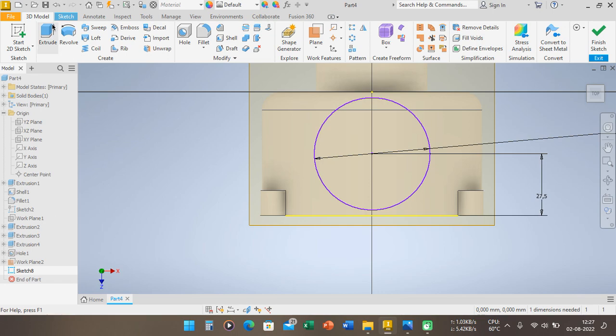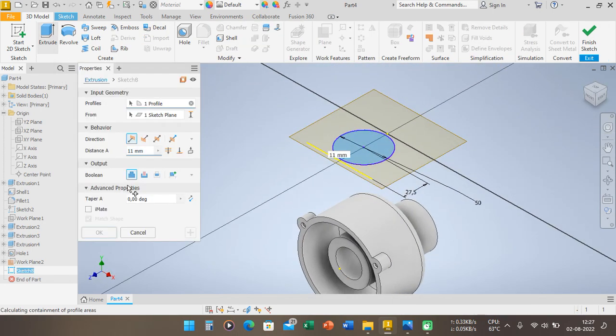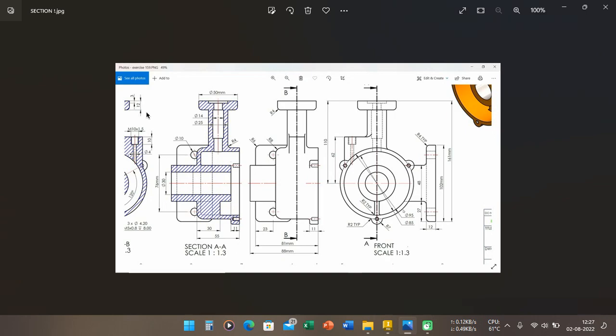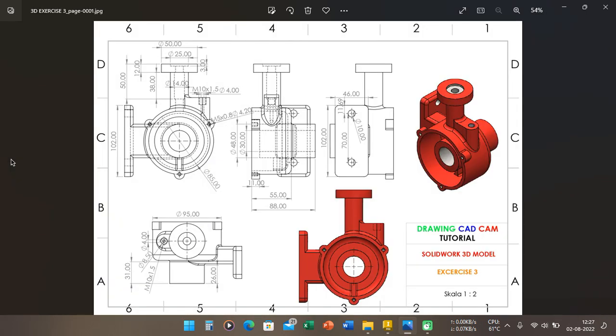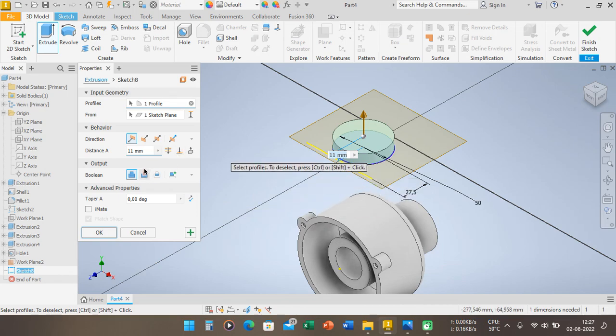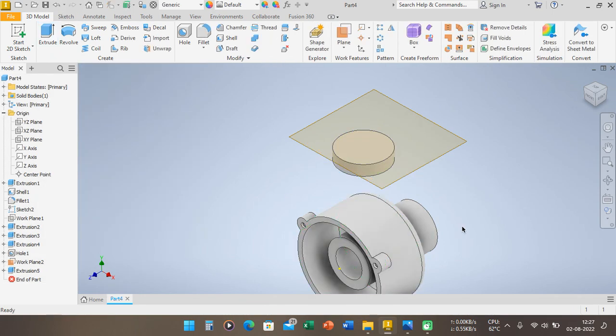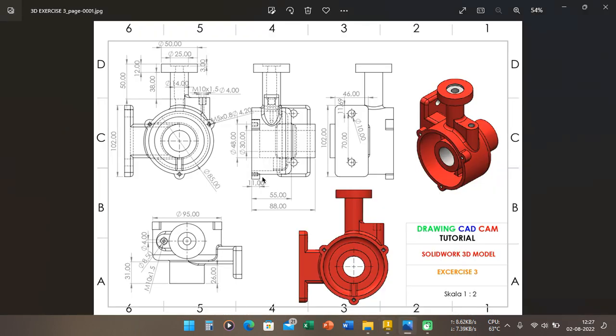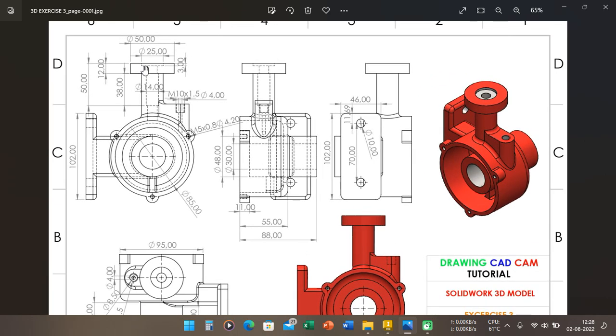After that, we can go to the 3D model and choose the extrude here, and we can see here again the thickness of this head is 12 millimeter. So we can change the direction here, and we can define 12 millimeter. Okay. After that, I want to make this face here with a thickness of 25 millimeter. Here we see 25 millimeter,